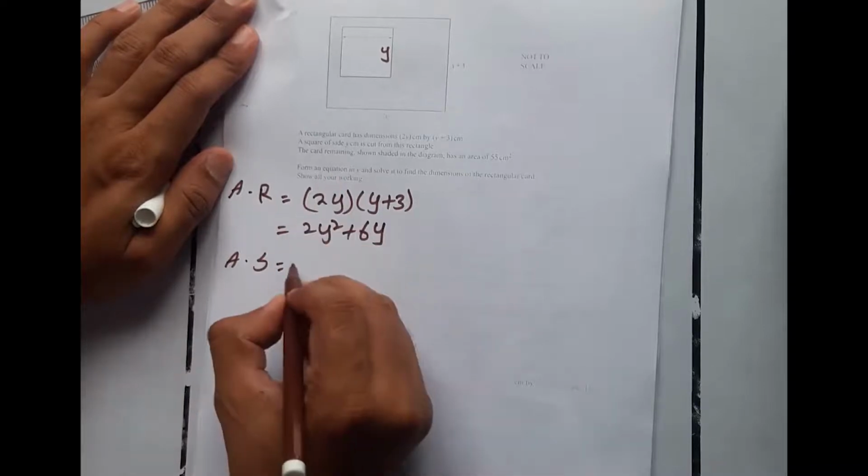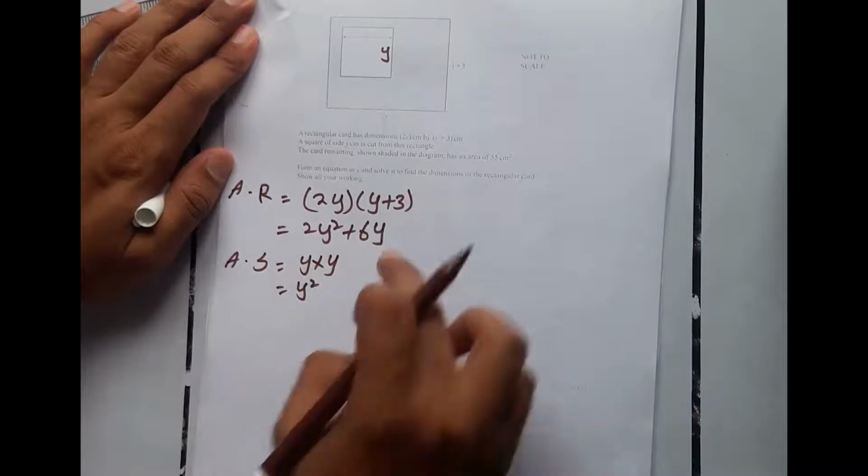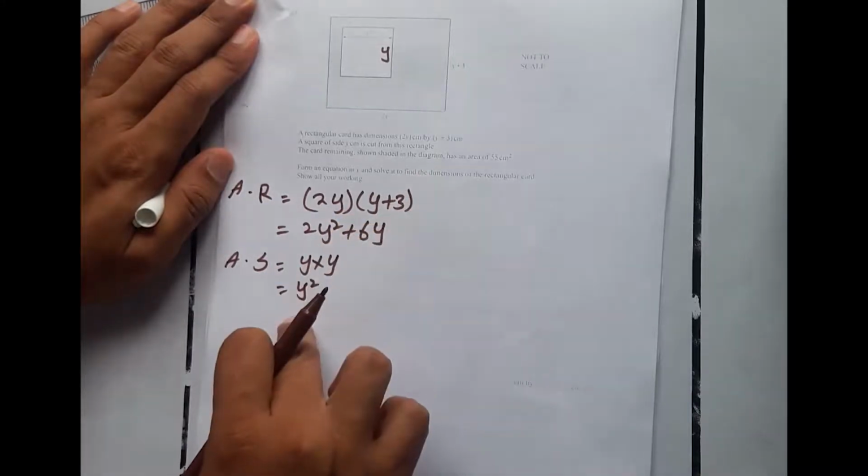So area of square is A_s. So this is y into y, which is equal to y square. Okay, we have to subtract the area of square from area of rectangle. So this will be equal to